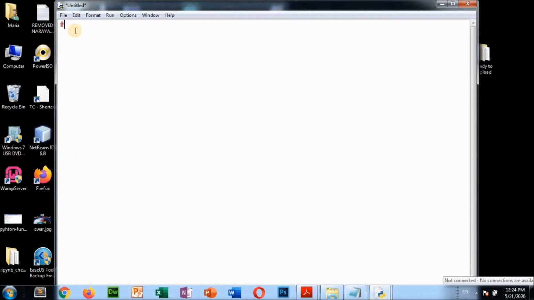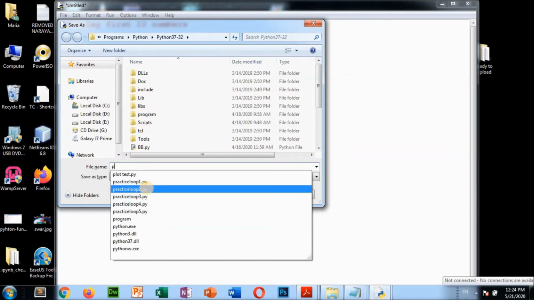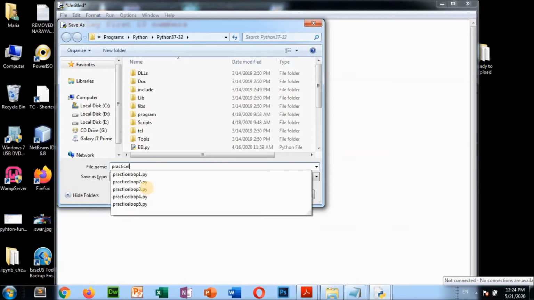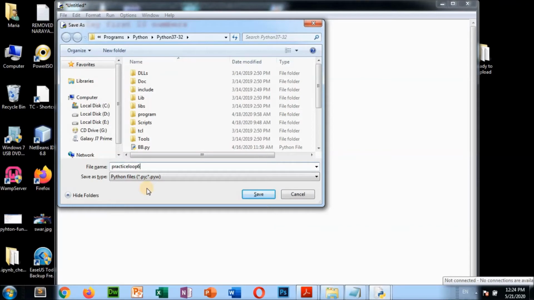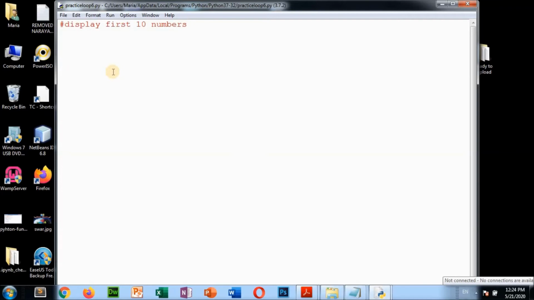Okay, comment I am giving: display first 10 numbers. For that, control S. So this is practice loop 6. Save.